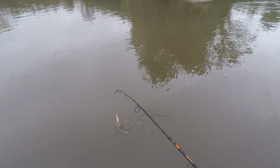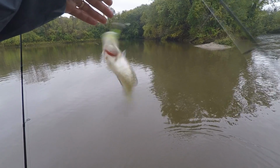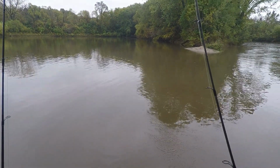There's one. Another little guy. Got him? They're getting smaller. You should have taken the big one. Do you have a stringer? Get it out. I want dinner. Those aren't quite big enough to keep, honey. Dad, I don't care. I know you don't care, but I care. As long as they get like